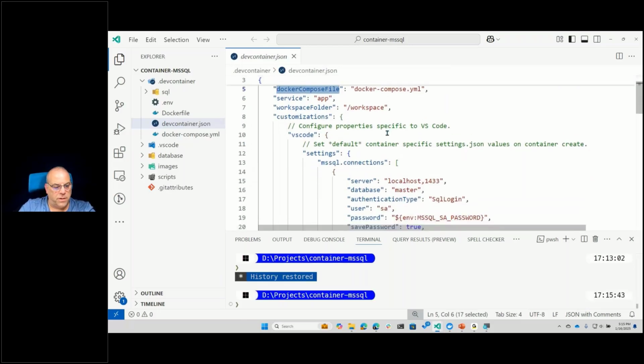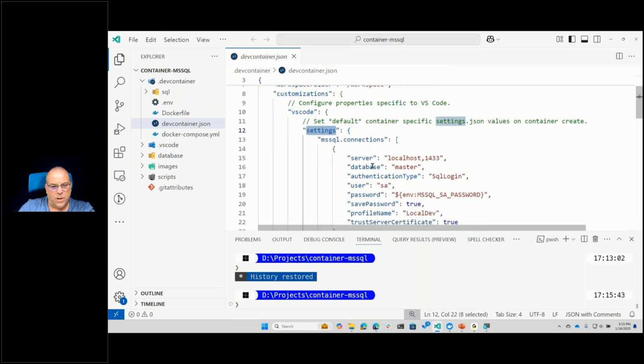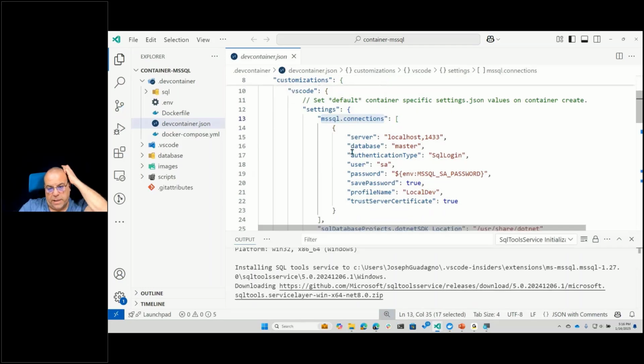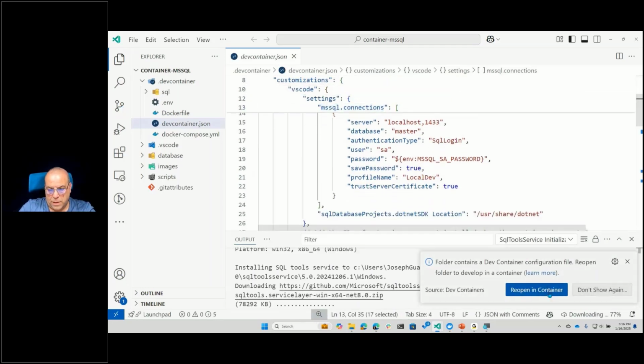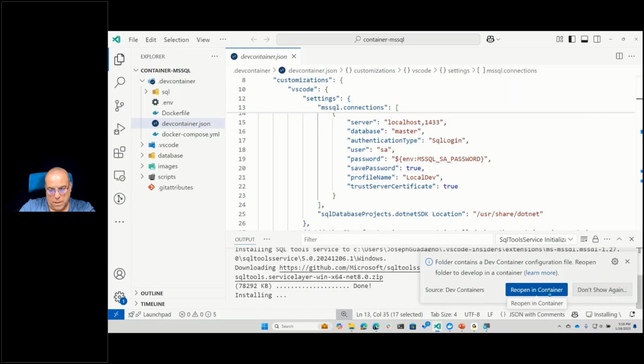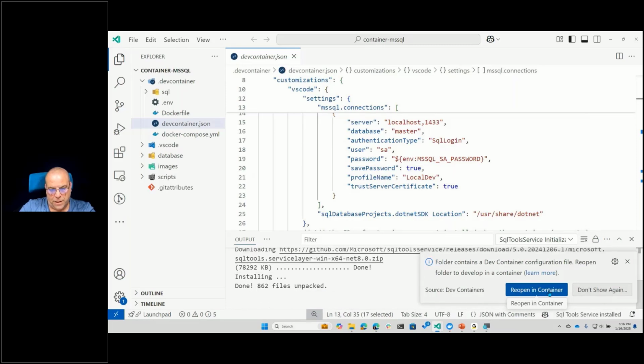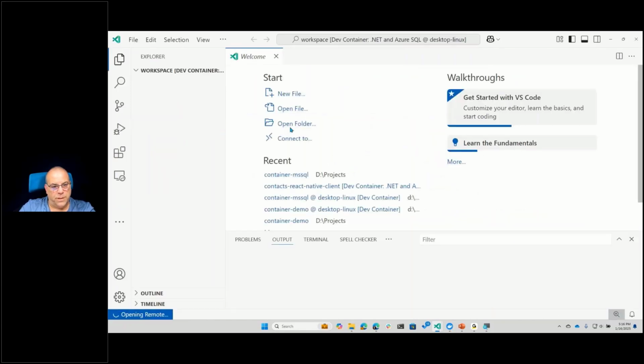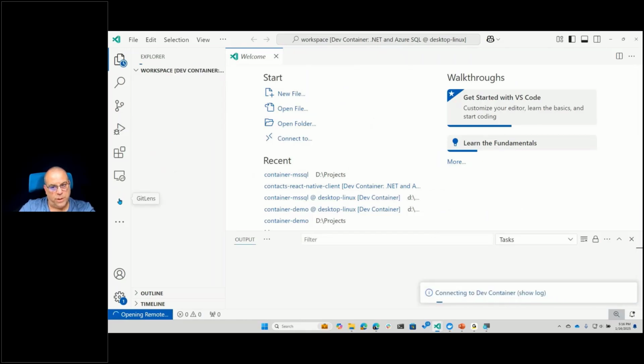So you'll see here that there are a couple of customizations. So here there's one thing that says, for Visual Studio Code, I want you to add the settings, and I want you to create a property called MS SQL Connections, and then add in the following. This time I'm waiting for the downloads to finish before I click open. So what this is going to do once this opens up is I should see here it's going to install